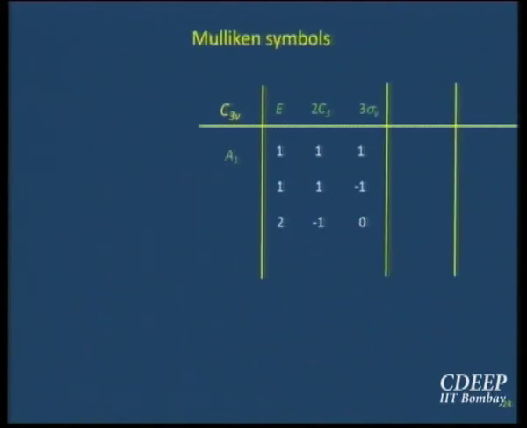Give me a sec. But before that, let's write the Mulliken symbols. I have written the first one, A1. What will the second one be? Will it be A2 or will it be B1? Why A2? Because character of the principal axis is 1, so A. Character of sigma V is minus 1, so 2, A2.